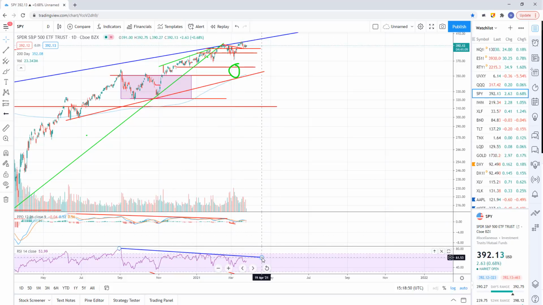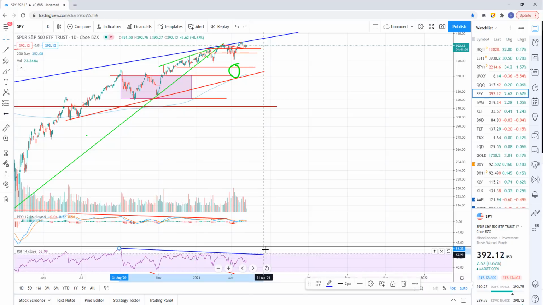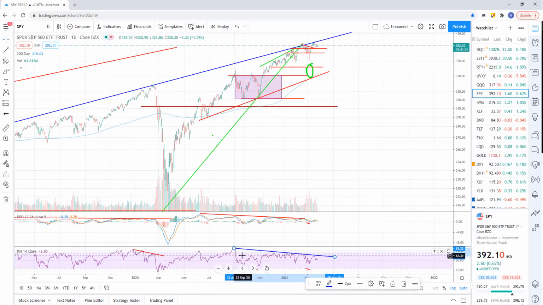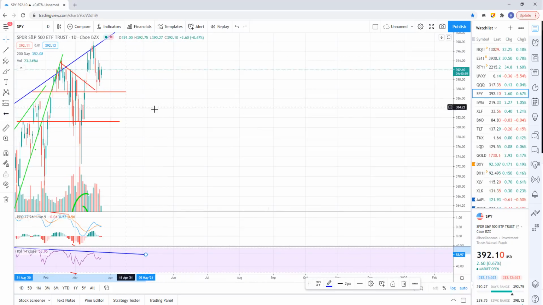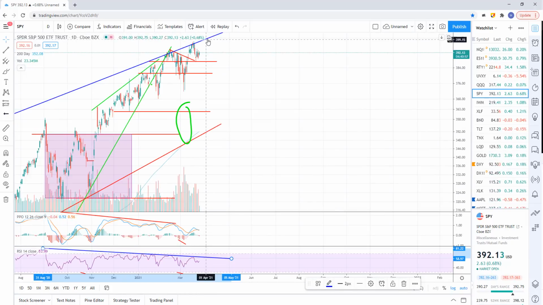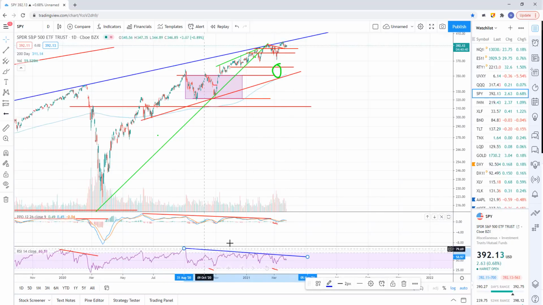Now, it hasn't been negated or burned through. You haven't made a new high in the RSI momentum. You're just continuing to extend that. So if we run up and make a new high anytime soon, that's going to be just another divergent high, and you're just extending this negative divergence, which tells me that those divergent highs will fail, and you're going to go lower. I don't know if we're going to get a new high, or if we're just going to start to fail here. But the negative divergence tells me that we're likely going to move lower for a trending trade,